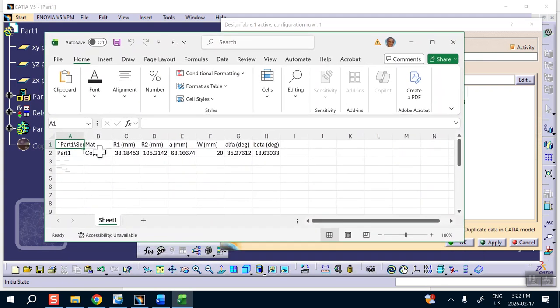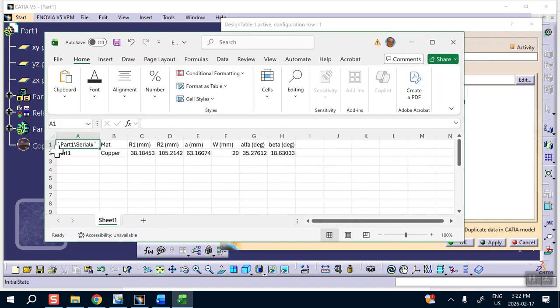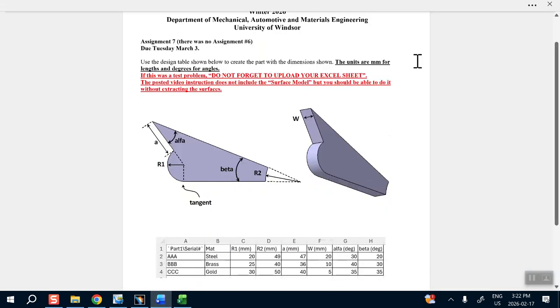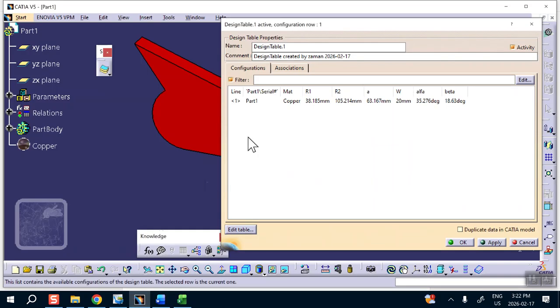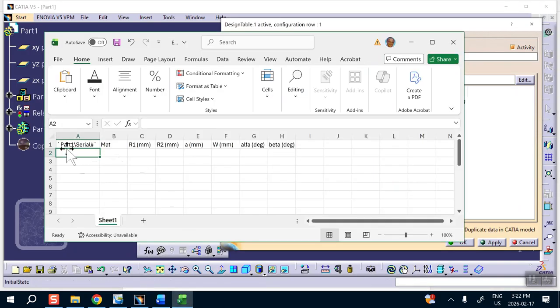the first row, actually, I don't want it. Let me get rid of the first row completely, because these were the default, the nominal values. So I'm going to delete this and put my own stuff in there. Basically, what I have to do is put this table in there. I have the table in front of me on a piece of paper, so I'm going to do that. So we go AAA, BBB, CCC,